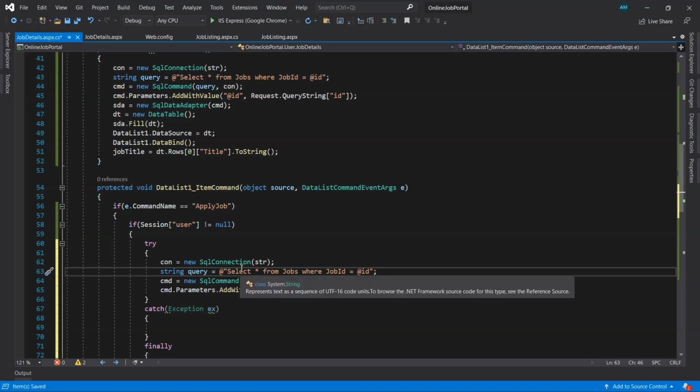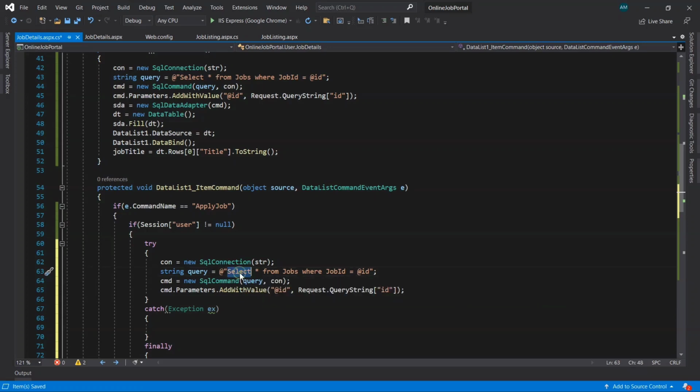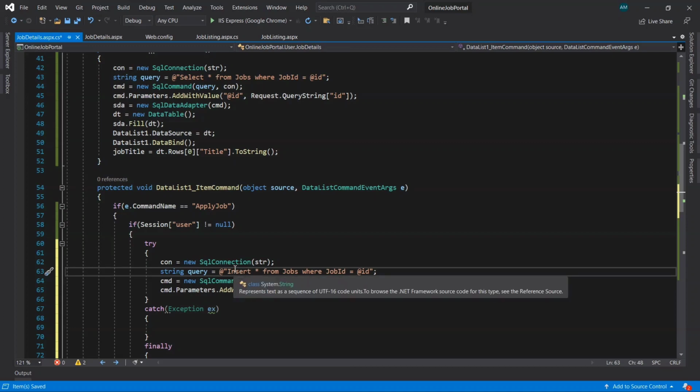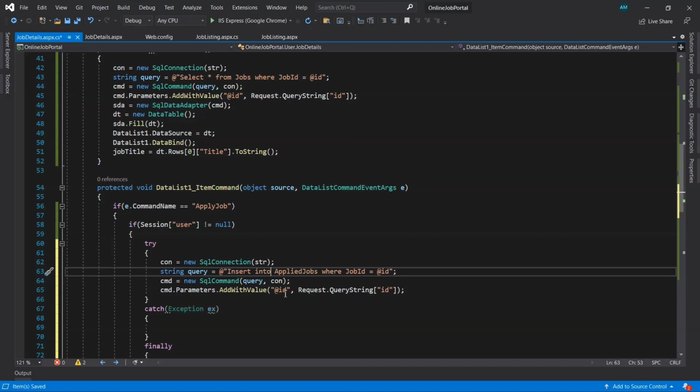So let's change the query. When we click on the button, the data should be inserted into the table. Okay, and the table name here, that is applied jobs. So let's remove this. Insert into applied jobs.